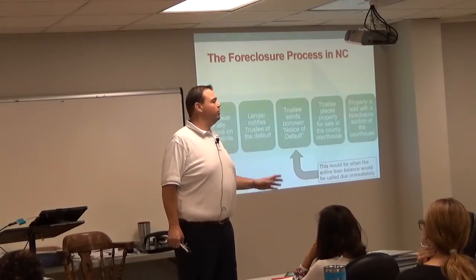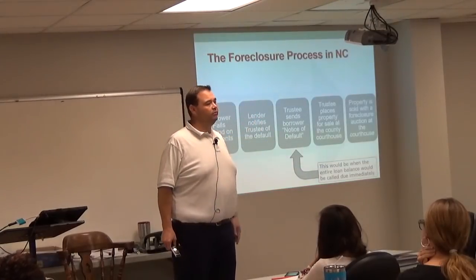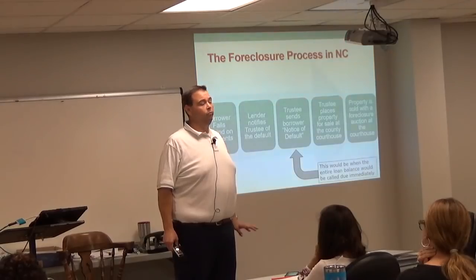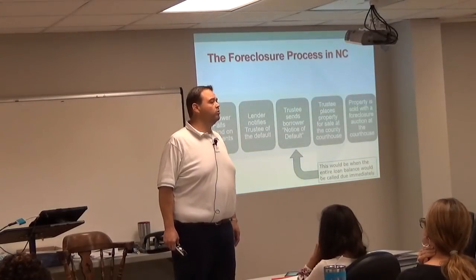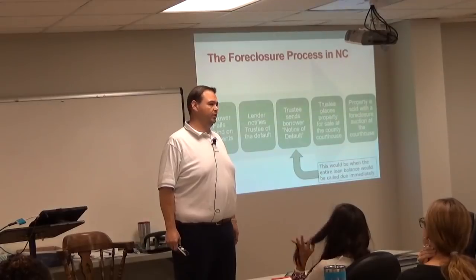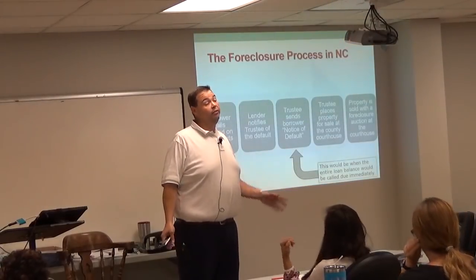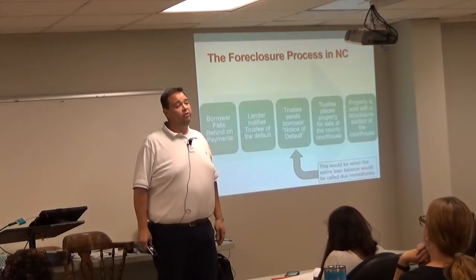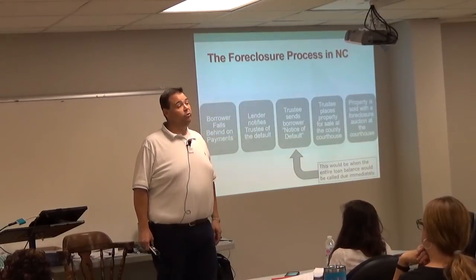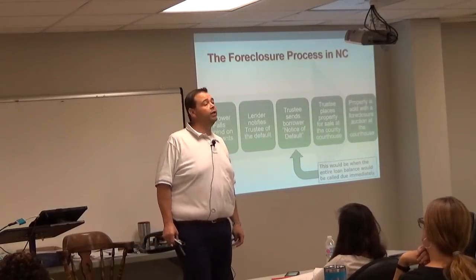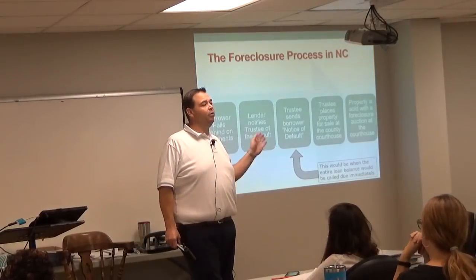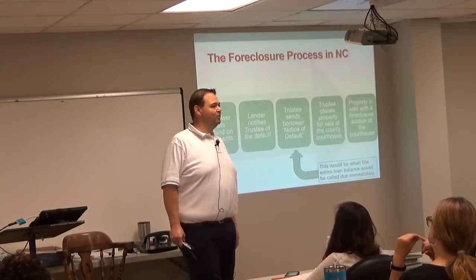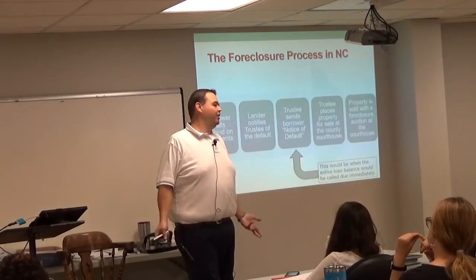And so usually what the trustee will do is go ahead and file the notice of default, and then they will contact the lender and say, okay, we filed a notice of default, when do you want us to move forward? You tell us when you give us the green light. And in some cases, like in the late 2000s during the mortgage crisis, the bigger banks like Bank of America, who had so many foreclosures going on that they couldn't process them, it was years between the time that the notice of default was filed and the actual affidavit of possession was recorded.